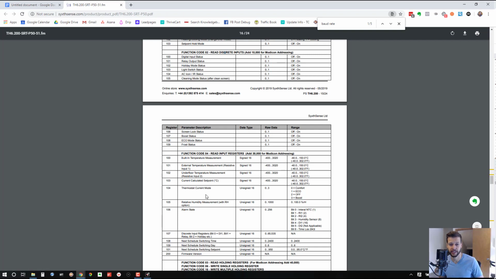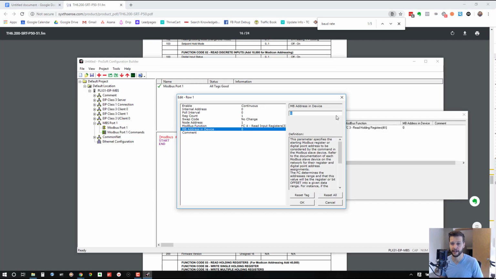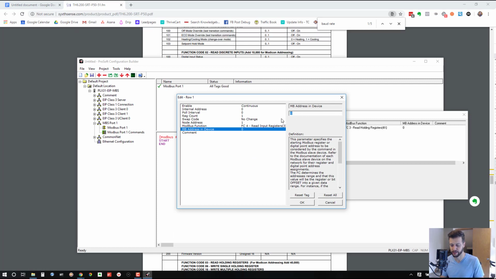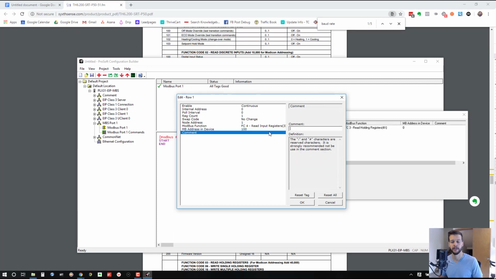So there's a ton of things we could read: current calculated set point, thermostat current mode, whether it's in heat mode, cool mode, eco mode. I guess these are different: comfort, eco, off, boost. We can read the relative humidity measurement, the alarm state, so on. We just want the built-in temperature measurement, so that's easy. We're going to put 100 in as our Modbus address in the device. Okay, and then we'll add a quick comment: thermostat room temp. Click OK,